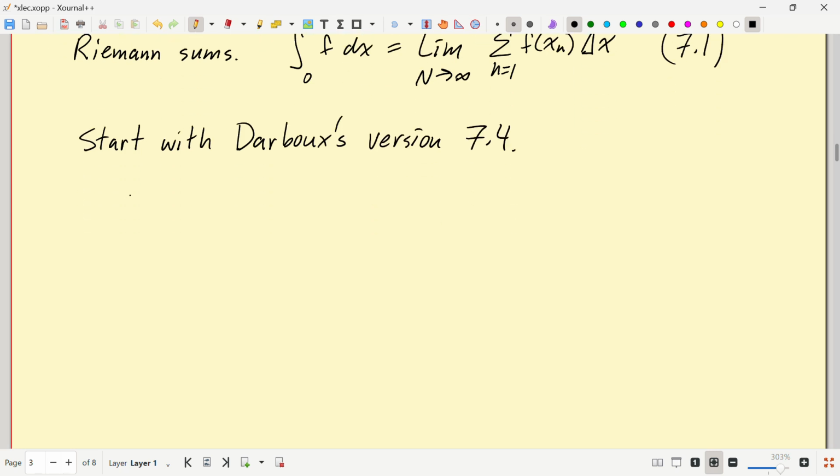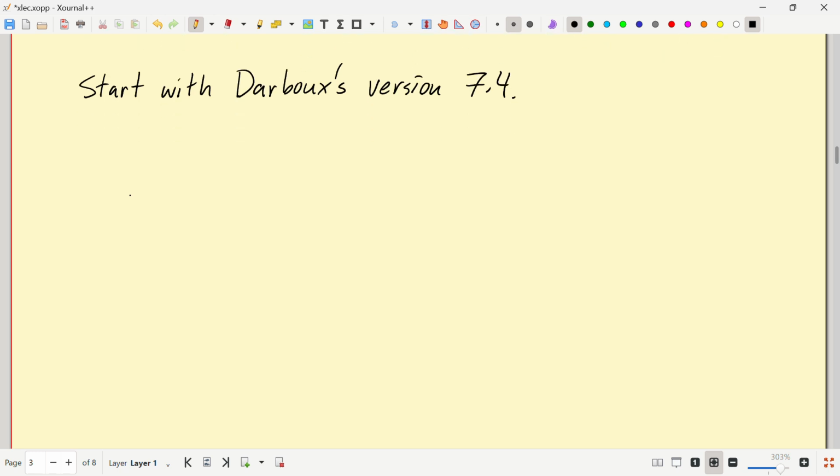You know, y equals x squared was a monotone increasing function. That's what made the left endpoint interesting and the right endpoint interesting. The left endpoint was the minimum on an interval, and the right endpoint was the max. Okay, and Darboux was realizing that's sort of the crux of the argument of Archimedes. So here's what Darboux did. Instead of delta x equals b minus a over n,